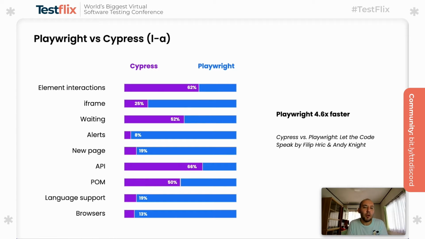Eventually, of course, they leave the choice to the audience, but one important comparison they made was the execution speed. They implemented the same scenario and let it run on the same type of resources. And what they figured out is Playwright was running 4.6 times faster than Cypress. Of course they had different results from different aspects, but execution speed was just one other comparison dimension.